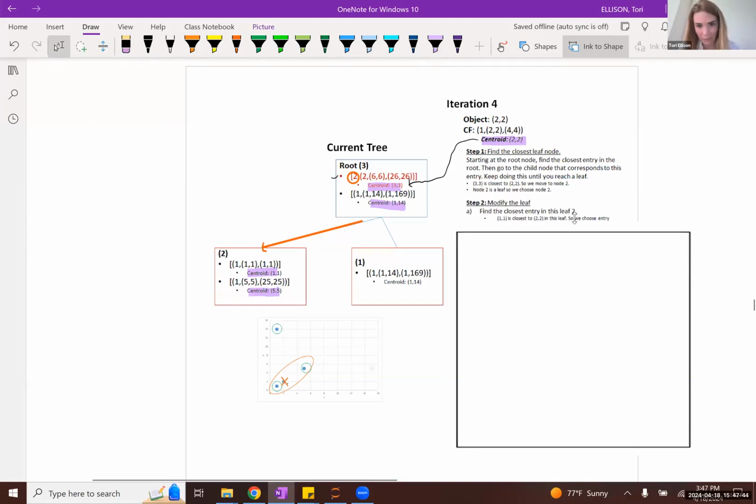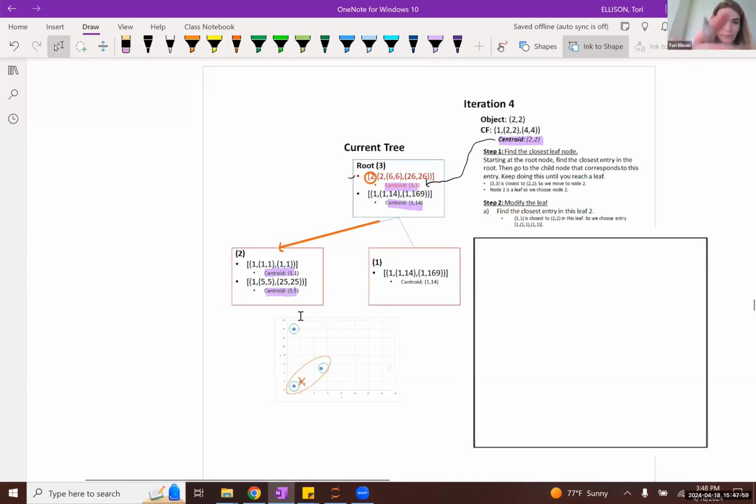In step 2, the next question is which of these two leaf node subclusters is this incoming subcluster closest to? And so you can see that the centroid 2,2 is closest to the centroid 1,1. So we would assign it temporarily to this corresponding subcluster.